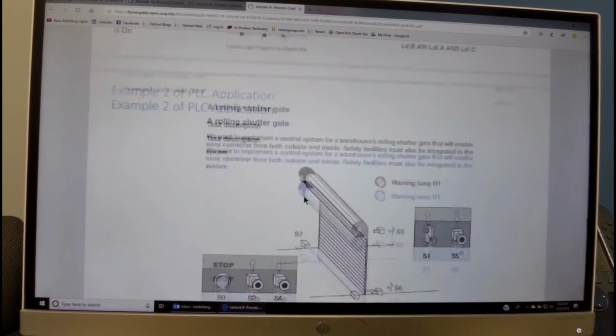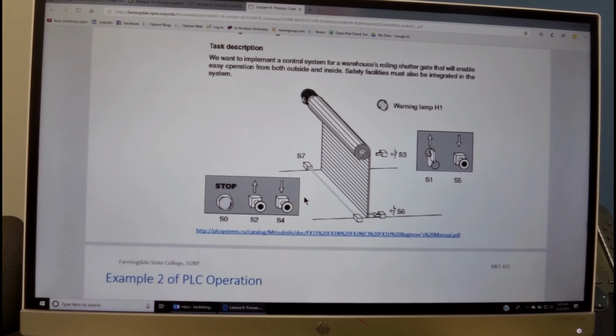We have here another example where we have a gate which separates the outside environment from a hall coming into the gate from the outside. We have over here a switch with a key that we can use to raise the screen or the door. Then we can also bring it down with this push button. We also on the inside have a switch to raise the gate, and then another switch to lower the gate. If you want at any time to stop it, we push this